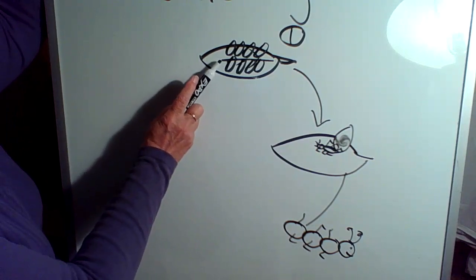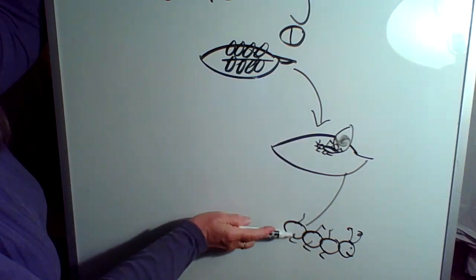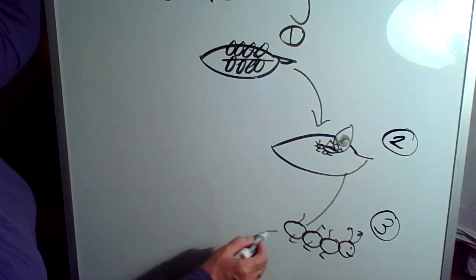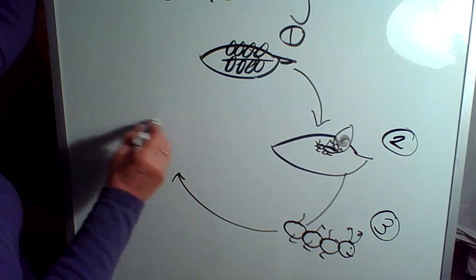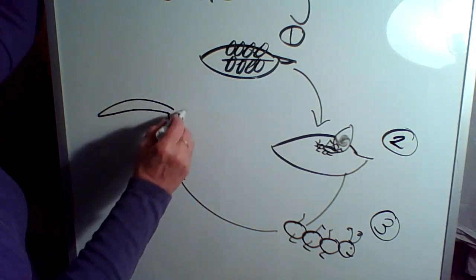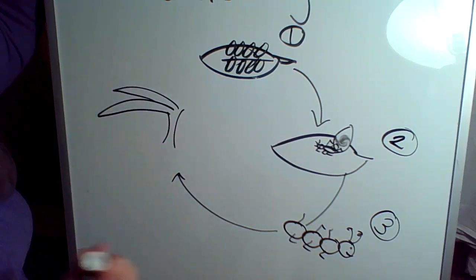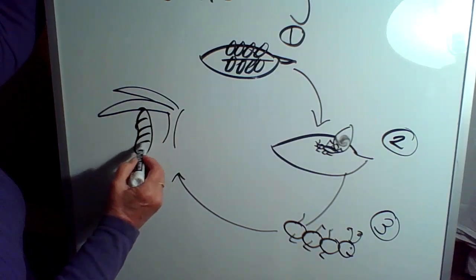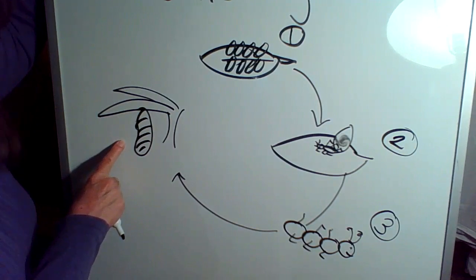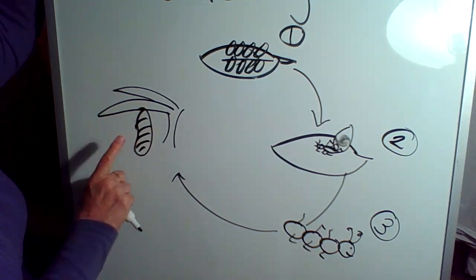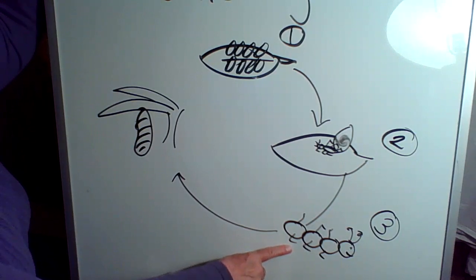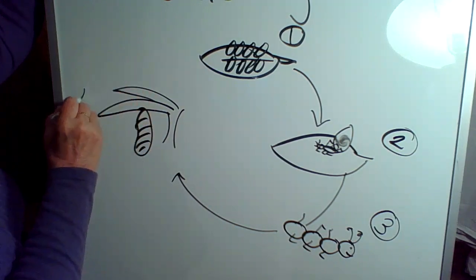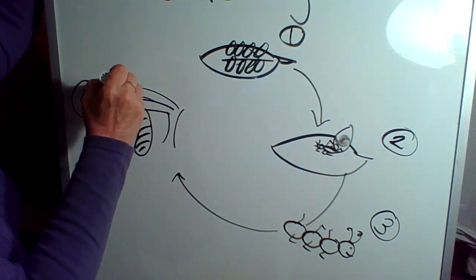So we had the egg, then the larva, right? The caterpillar was next, so this was 2, this was 3, and after that, remember, he goes on a branch of a tree or under a leaf, and he climbs up there, and he makes a chrysalis. He's in there and he's changing. His body's changing. Metamorphosis. This caterpillar won't look like that anymore. He's in there and he's changing. And then when he comes out, so this is number 4, and when he comes out, he's a